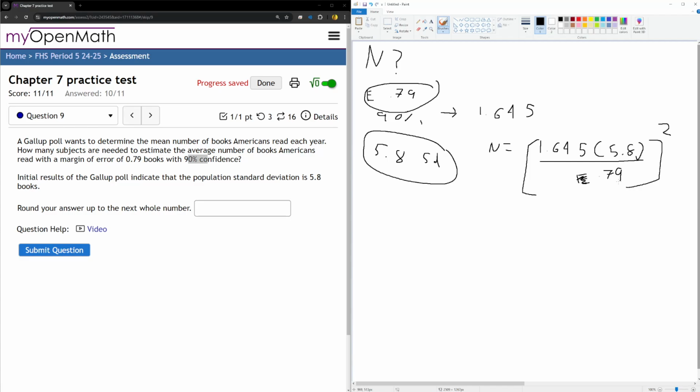So parentheses 1.645 times 5.8 divided by 0.79. Yep. You take enter, second, whoops. Take your answer and then you square it. And we are left with